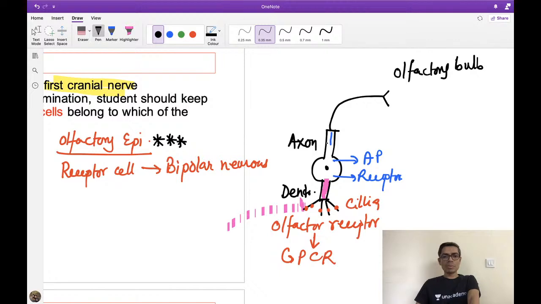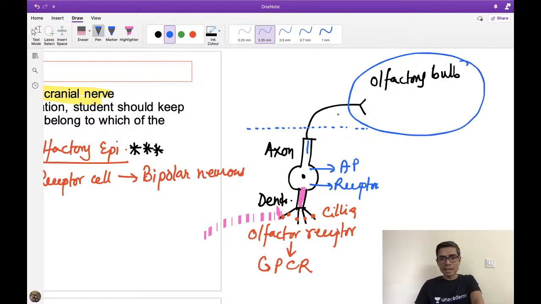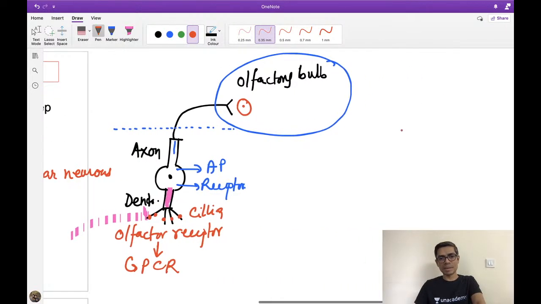All of you know that this olfactory sensory neuron, which is the bipolar cell, pierces through the cribriform plate of the ethmoid bone, and then reaches the level of the olfactory bulb. The olfactory bulb is nothing but a big structure where all of the axons are going to merge with the second order neuron of the olfactory pathway. Listen carefully to whatever I am saying.